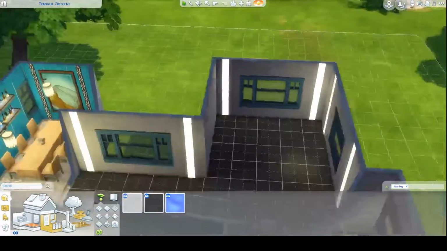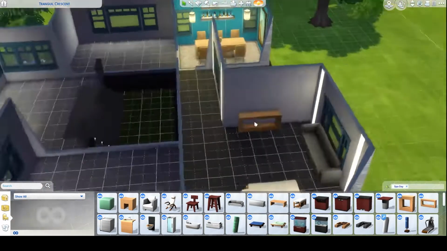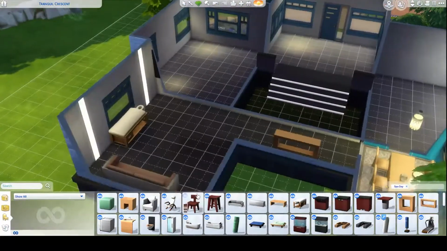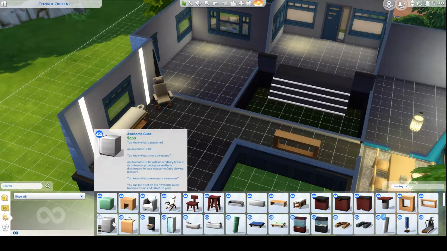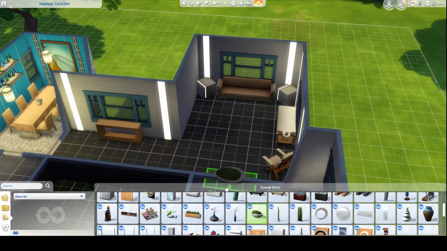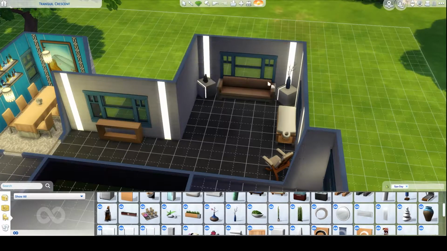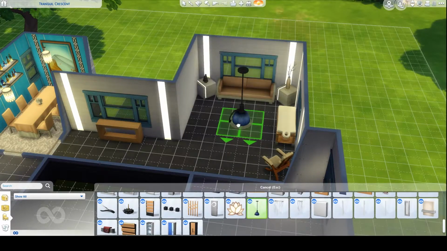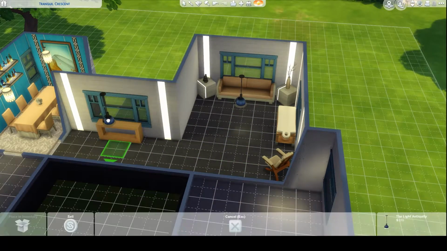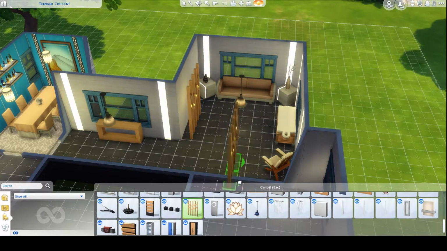And then I decided to go with a dark wood for the floor, and then started adding furniture in. Spa Day has some interesting furniture, not bad. I like the wood tones. I'm very much into wood tones in real life. I use these cubes as tables, which I've never used either, but they do match the wall lights, which I thought was pretty cool. So then I added some hanging lights to make the room brighter. I put the massage chair, the massage table, I put a couch,